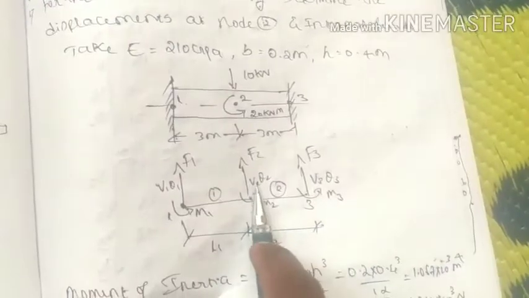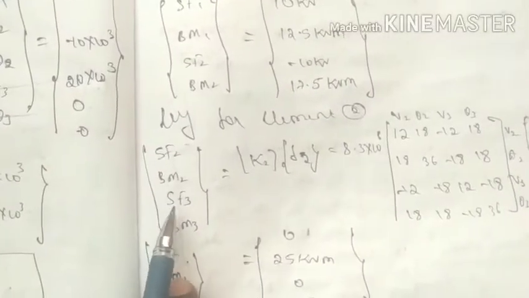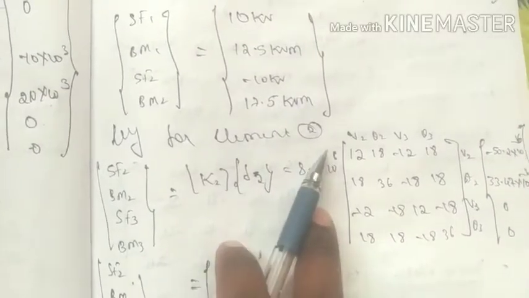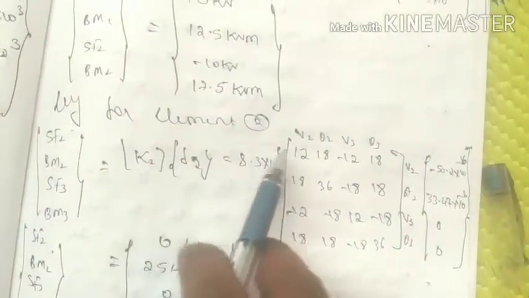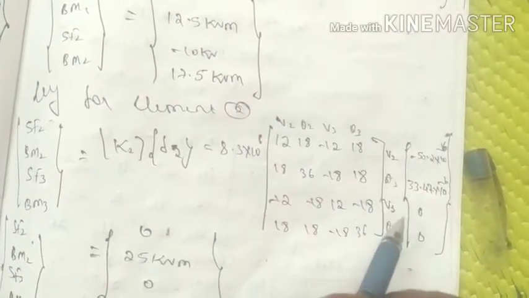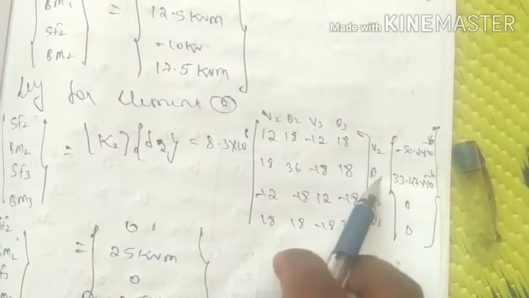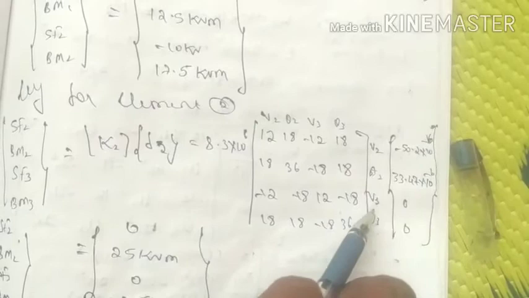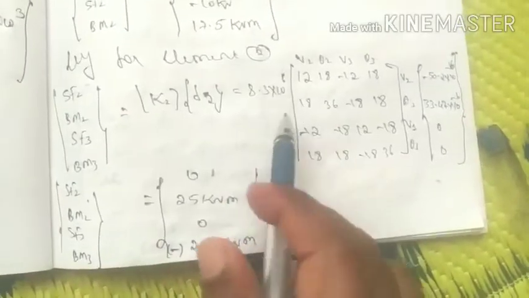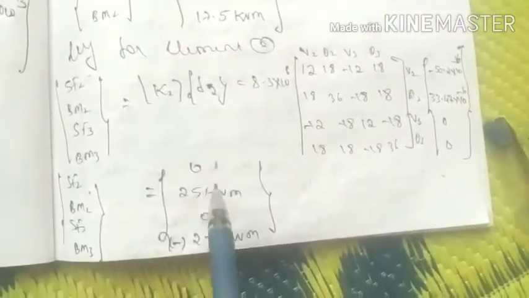Similarly, we need to find the shear force and bending moment for element 2. Element 2 belongs to nodes 2 and 3. Therefore, shear force at node 2, bending moment at node 2, and shear force at node 3, bending moment at node 3 is equal to K2 into delta 2. K2 we already found out, that is the element stiffness for element 2 that we substitute, and delta 2 is nothing but V2, theta 2, V3, theta 3. So V2, theta 2 we know, and V3, theta 3 is 0 according to the given end condition. Therefore if you multiply these two matrices, you will get